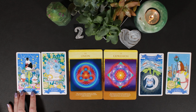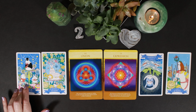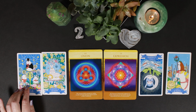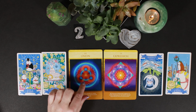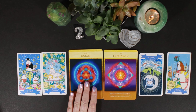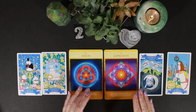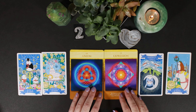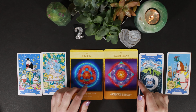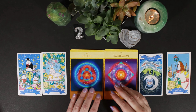So back to the balance here in the Six of Coins, where we've got the scale and we've got the two little bunnies balanced. Understand that life is a cycle. And even here in this union, we've got different circles. But it's not only a cycle, it's kind of a spiral, that even though the seasons turn and we have certain things that are repeated over and over again, especially when we're talking about like the lunar cycle, things like that,